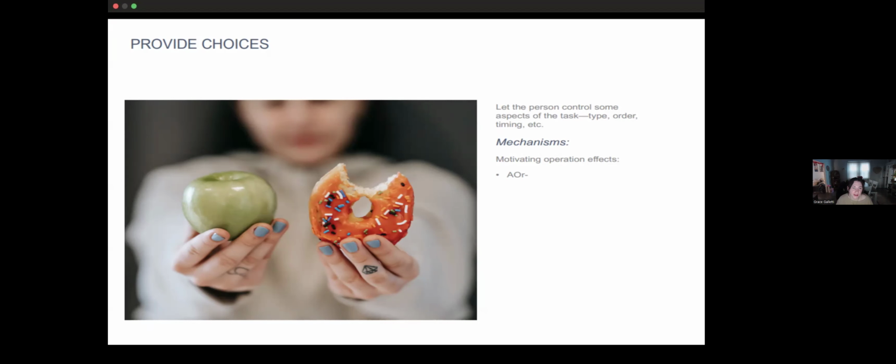Another way that you can incorporate choices is, instead of telling them which task they're going to do, giving them options from multiple tasks. Maybe their goal is to only complete one chore per day. Well, then it really doesn't matter which chore they're doing. They could do laundry, they could do dishes, maybe they're just going to wipe the countertops, whatever you're considering a chore. That would also be a way to provide choice and decrease challenging behaviors to escape a task. You can also have them provide choices with the order in which they're doing something.